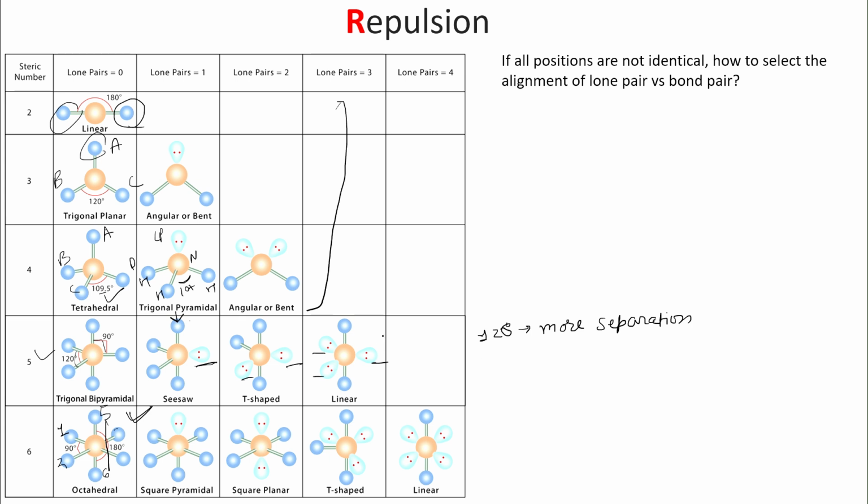So this is the scope of a mistake in your practice problems and even in the exams. So here also, in the case of one, all the 6 positions of course are identical, but in the case of two, you have to put them like this. You cannot put them at 1 and 2. You cannot do that, because then there will be 90-degree separation. So this is the tricky part about the trigonal bipyramidal and the octahedral.